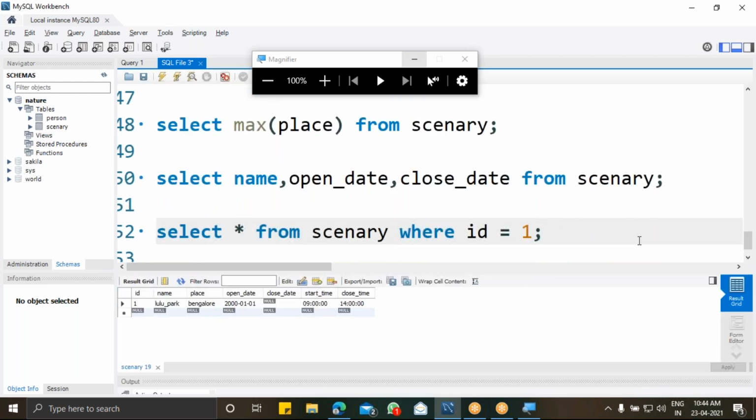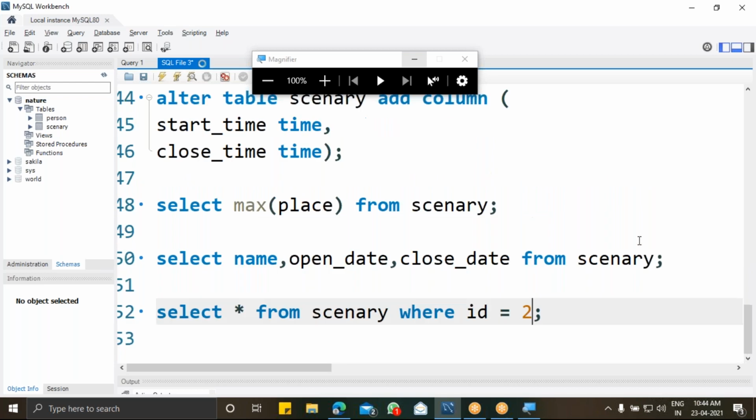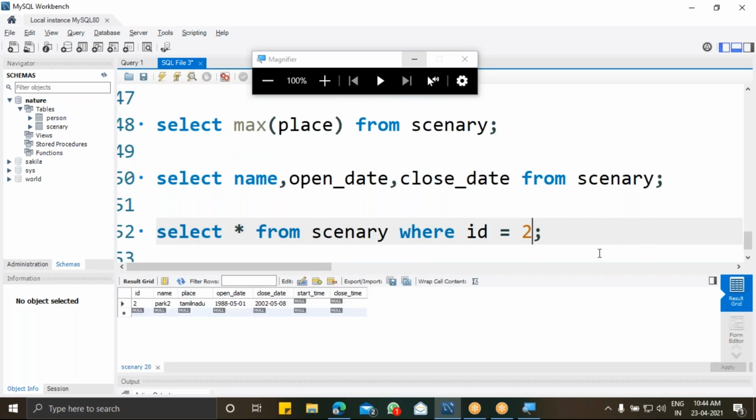If I give the ID as 2, this will return only the row with ID 2. But now I have a condition: the persons who visited will always have a scenery ID, correct? Now I have to check all the persons who visited the different sceneries. For that, I'm going to use a subquery. So what I'm going to do is select scenery ID from person.